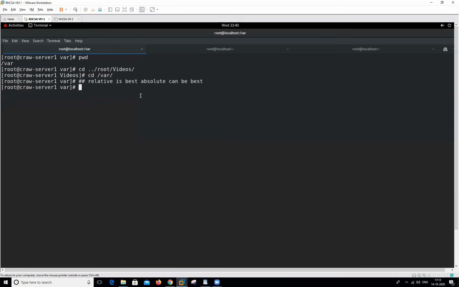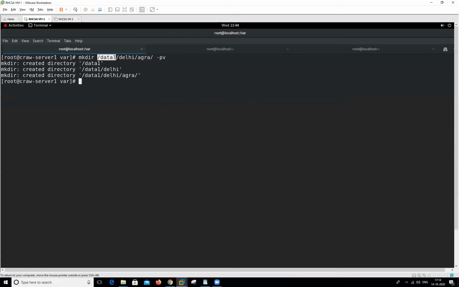I will show you one more example here. Suppose we want to create a directory, then data1, and inside this we create another directory.